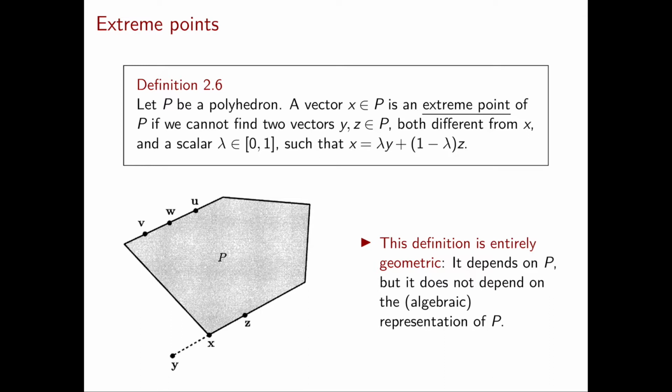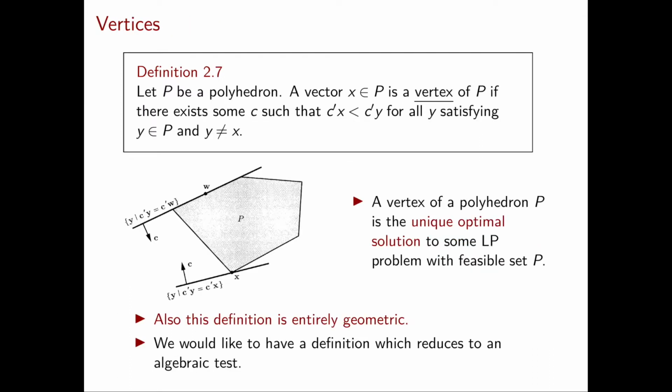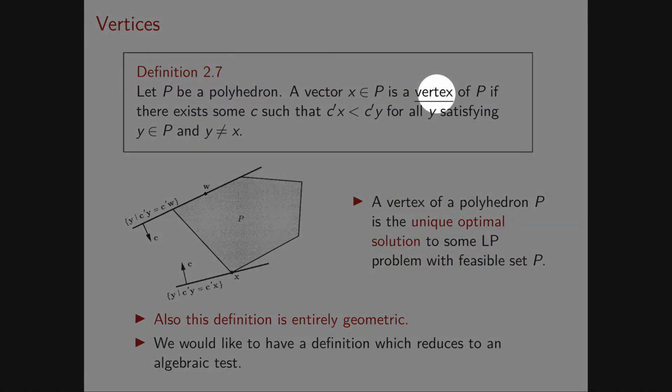So now that we've understood what it means for a definition to be geometric, I want to point out that geometric definitions are extremely helpful, especially in order to understand the geometry behind the problem and to give us an intuition of what's going on. And they're often very simple to understand. However, geometric definitions are often difficult to work with from an algebraic perspective. Let's now look at the next definition that we proposed for corner points. And in this definition, my corner points will be called vertices.